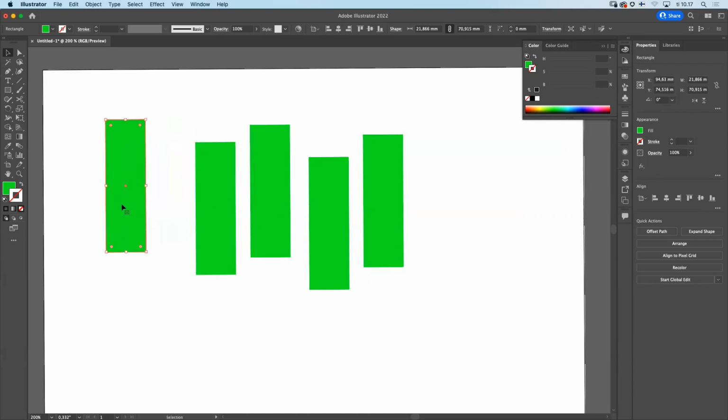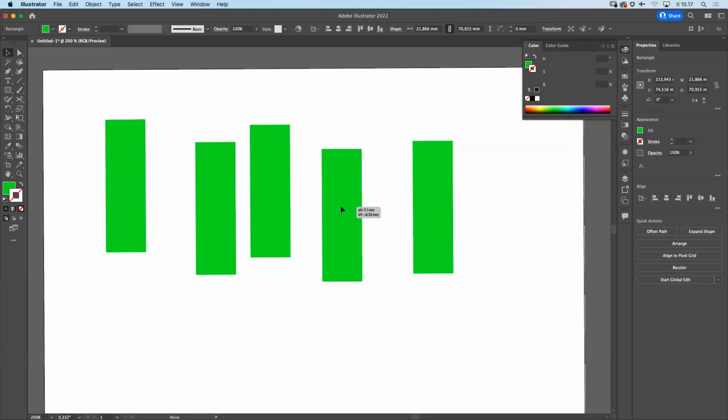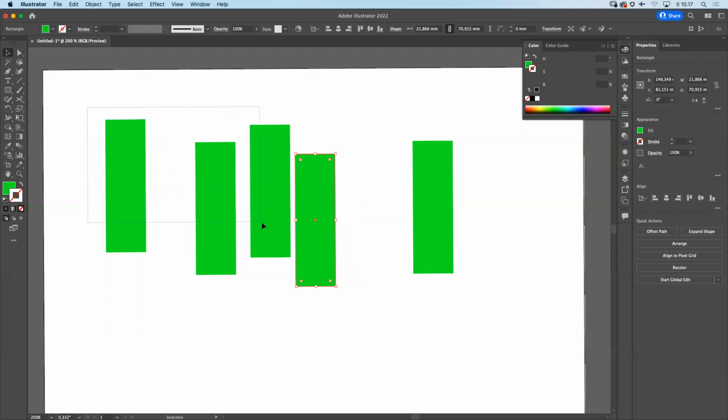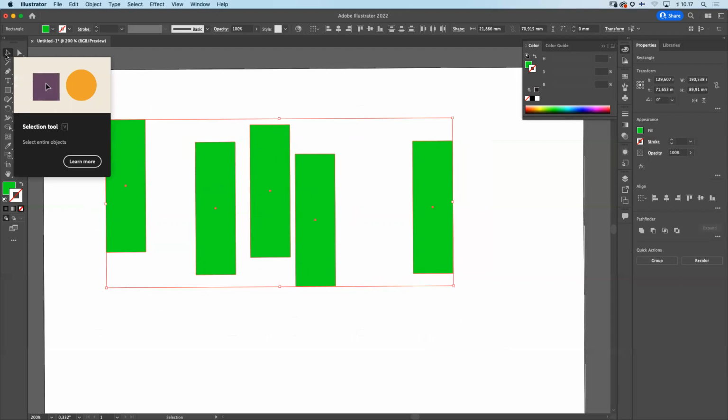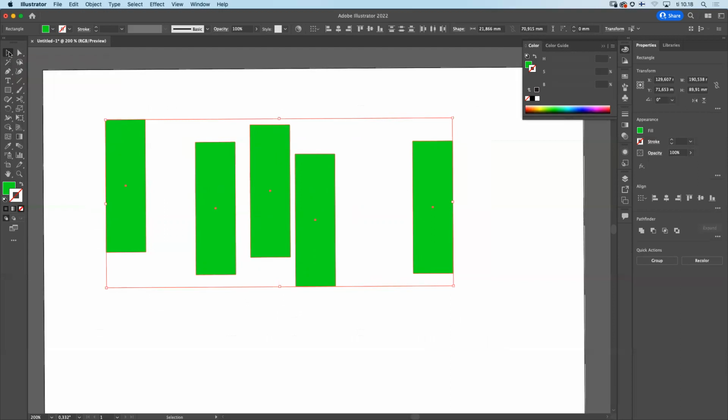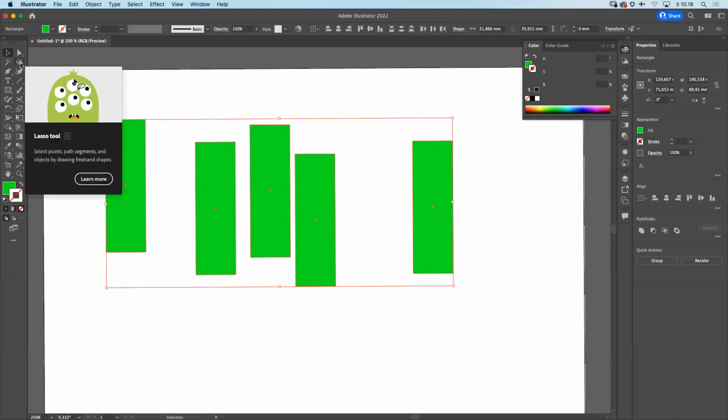I'll just distribute these very differently now so that you can see what the idea is here. So I'll just select them all by clicking over them. Now I'm using the selection tool, the black arrow. There's also a lasso tool for select, well,